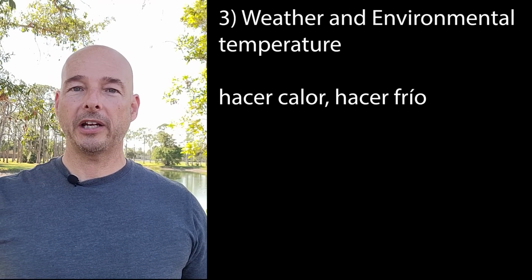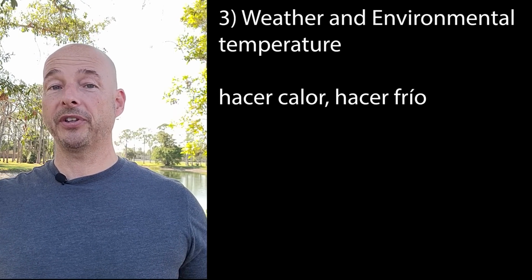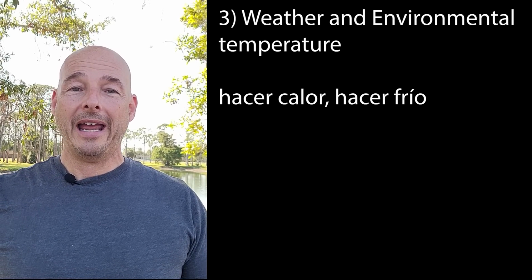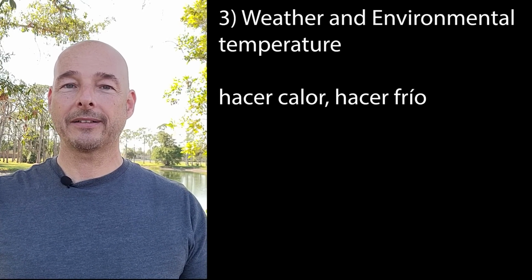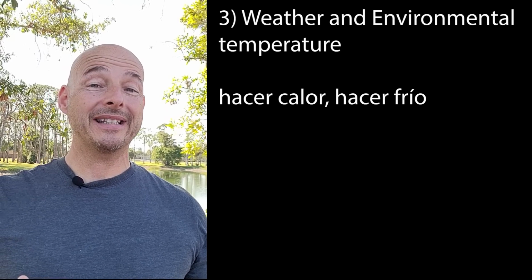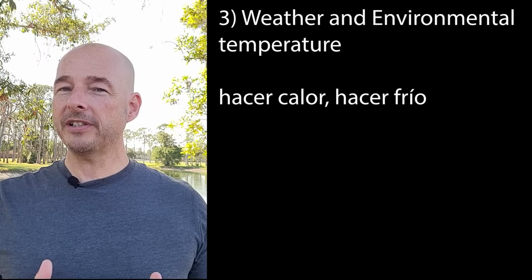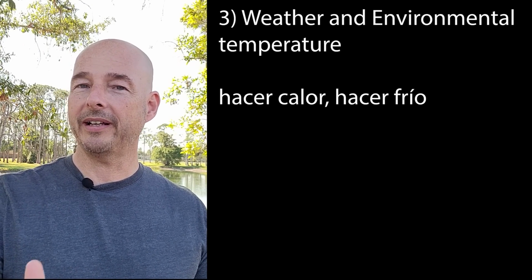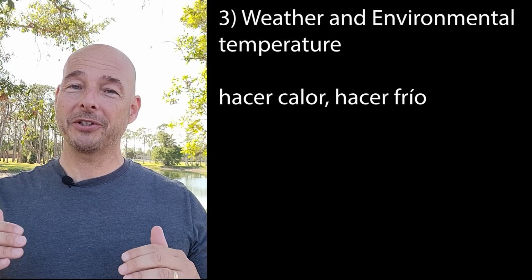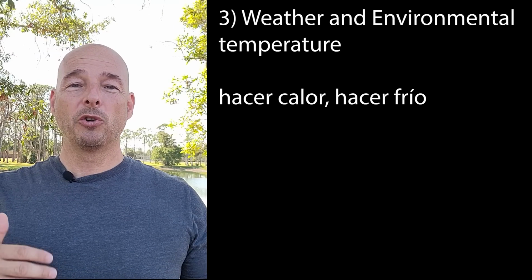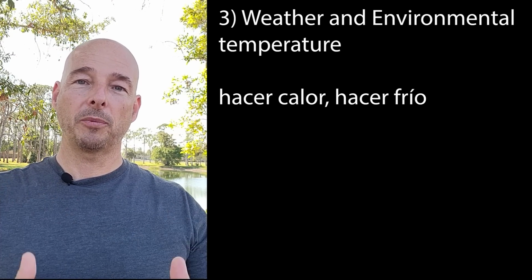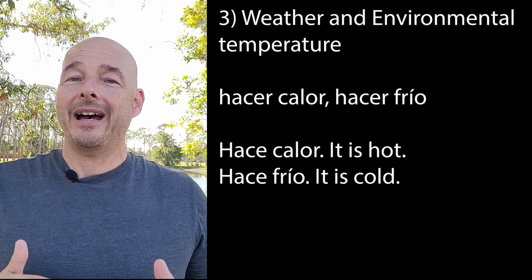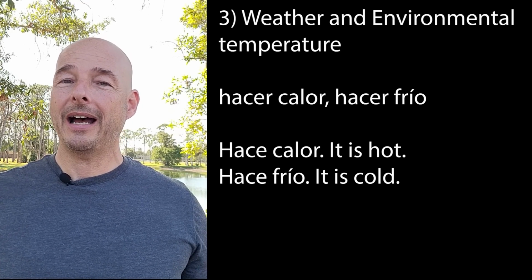That brings us to our third category, which is weather and environmental temperature, or ambient temperature. And our construction here is going to be hacer calor or hacer frío. Literally, it makes heat or it makes cold. Very similar to how our first construction worked with tener. One nice thing about category 3 is that there is not as much conjugation involved. Normally we're speaking in the present tense, and if we are, then we're just going to be using it in the third person singular, hace. Hace calor, it's hot. Hace frío,